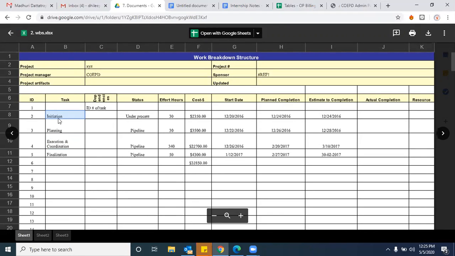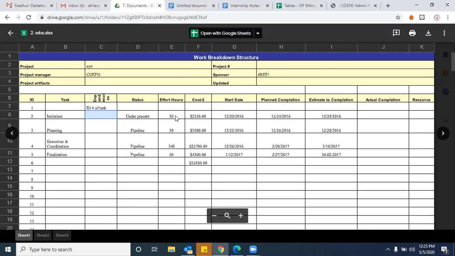Okay, see the initiation phase. For the initiation phase, are there any dependent tasks? We need to write it. For the initiation phase, we need to get approval on the business case document. If the dependency is there, approval. Need approval for the business case document on the recommended solution. That is a dependency for us, right or wrong? And even the status, whether it is under process or in pipeline or to be started. Whatever the status is, you need to write it here.